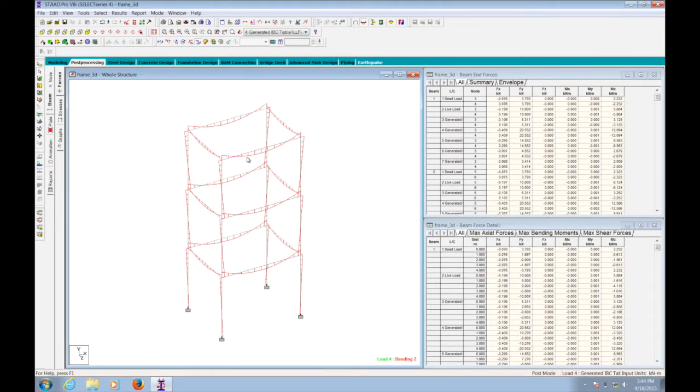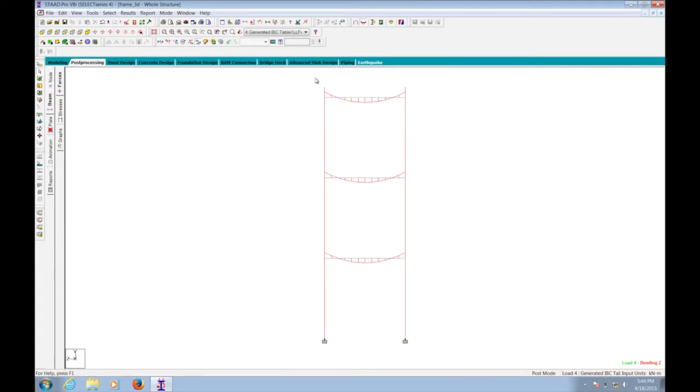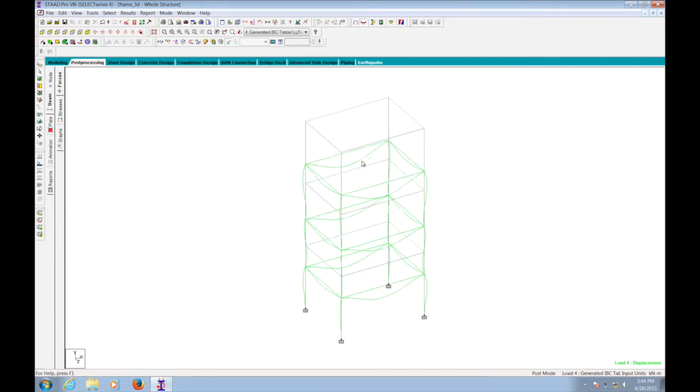You can click control and then you can add or magnify all the properties. Let's say I go in this view and I want only deflection. So this is a deflection. I will go in 3D view. You can see the deflection.